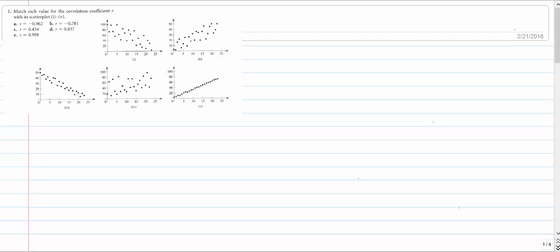Hello. Correlation coefficient. The symbol is R. R tells us if there is a positive or negative linear relationship. R is going to be less than or equal to 1 and greater than or equal to -1. The closer to 1 and the closer to -1, there's evidence that the relationship is stronger. Closer to 0, from either end, positive or negative, the relationship is pretty weak, to a point that there's